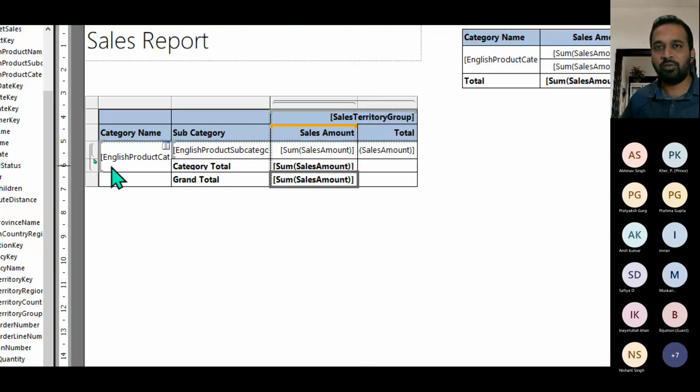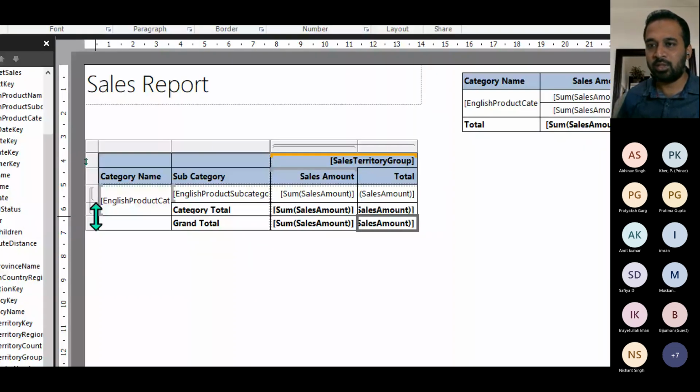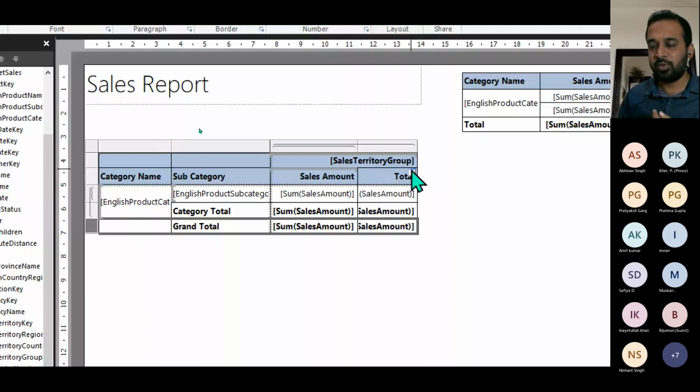So based on the groupings and based on the filters it applies, it applies those filters and then gives us the results automatically. Not only can you right click and make use of this, you can also just copy and paste the formula from this to this, because it's going to be the same thing, but it's going to render the result based on the filter which it applies. So right now we have added this subcategory total, and then we also added this column total. So if I run this report now,